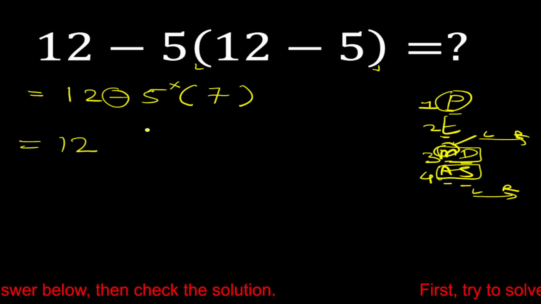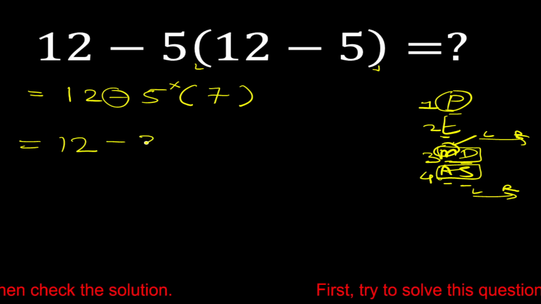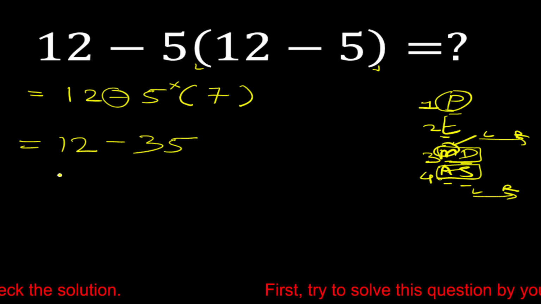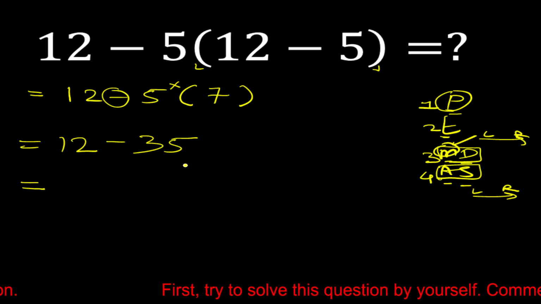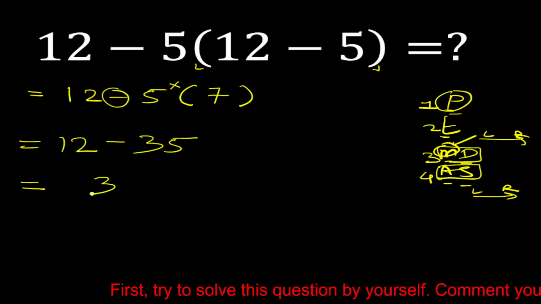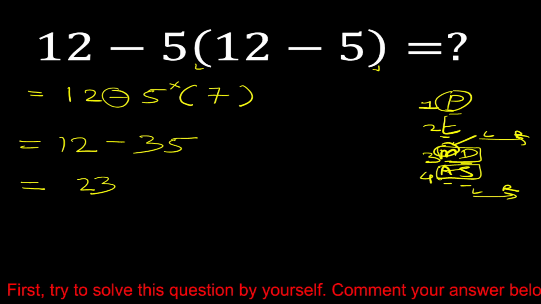So this is equal to 12 minus 5 multiplies 7, which is equal to 12 minus 35. So 12 minus 35 is equal to minus 23. So the correct answer is